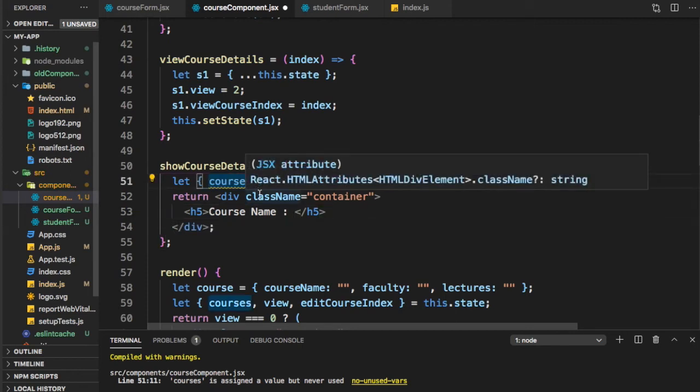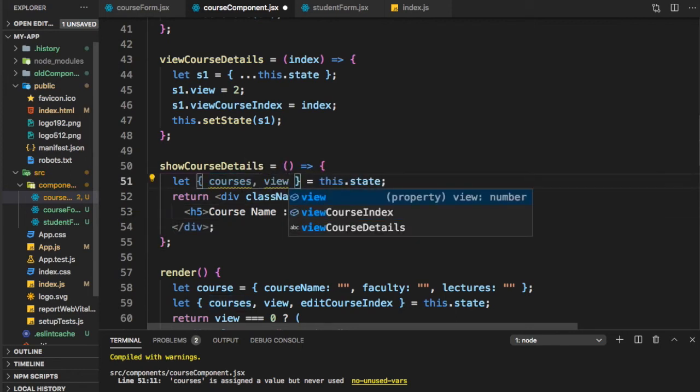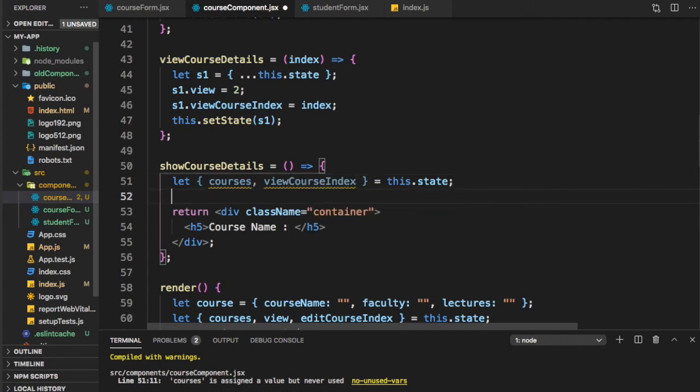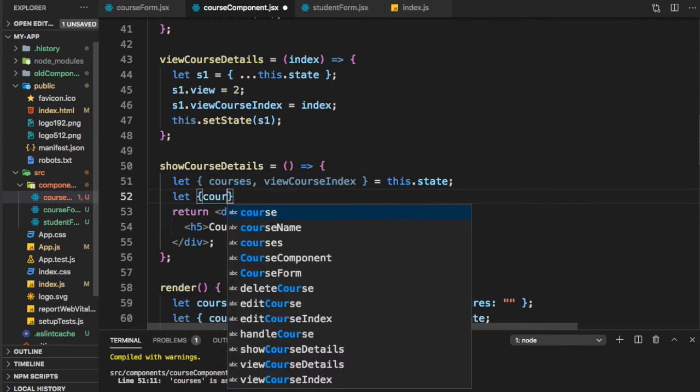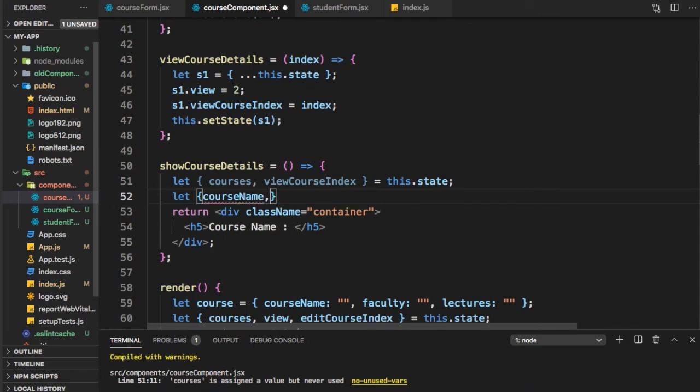So I need the view course index and I can say let course name, faculty, lectures, students equal to courses view course index. So that is the course we are showing details of.